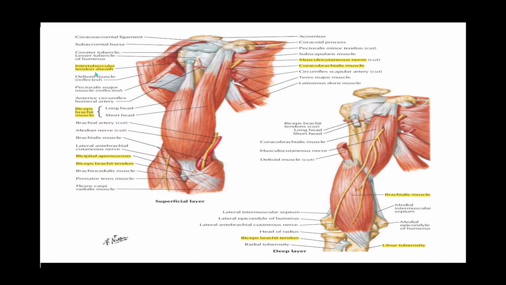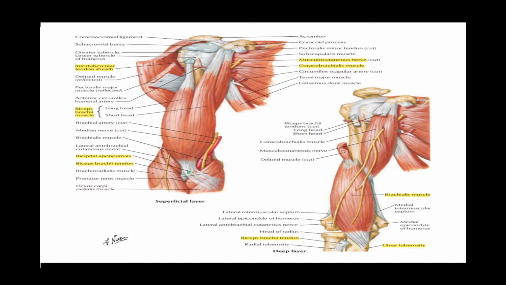We can see that's the intertubercular tendon sheath. It runs through the intertubercular sulcus, and we can see the biceps brachii tendon. So that's the tendon of the biceps brachii,